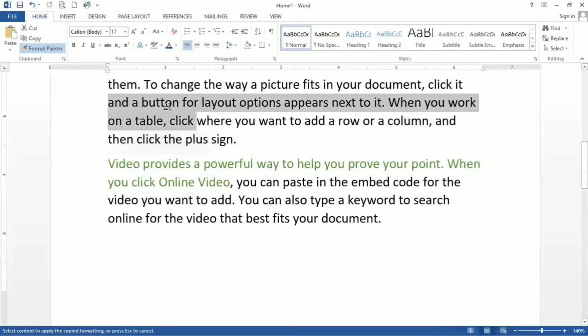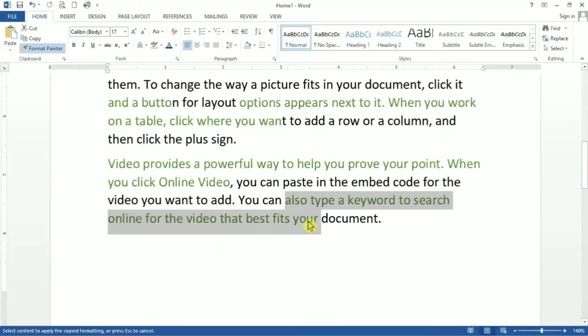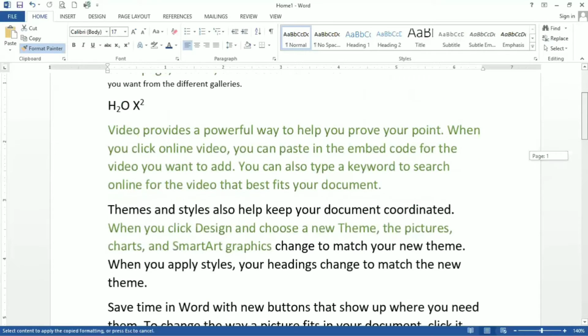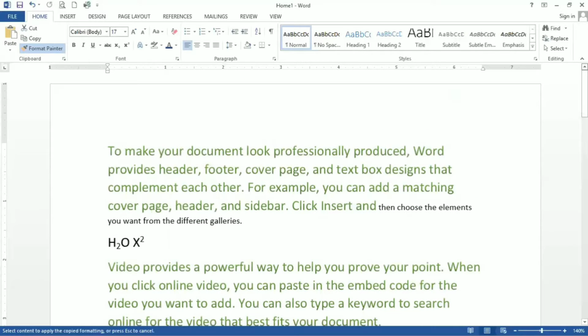Again, if you want to format something, you can do the same. You can make use of format painter multiple times when you double click on it. If you have single clicked on the format painter, that means you can copy it once only.